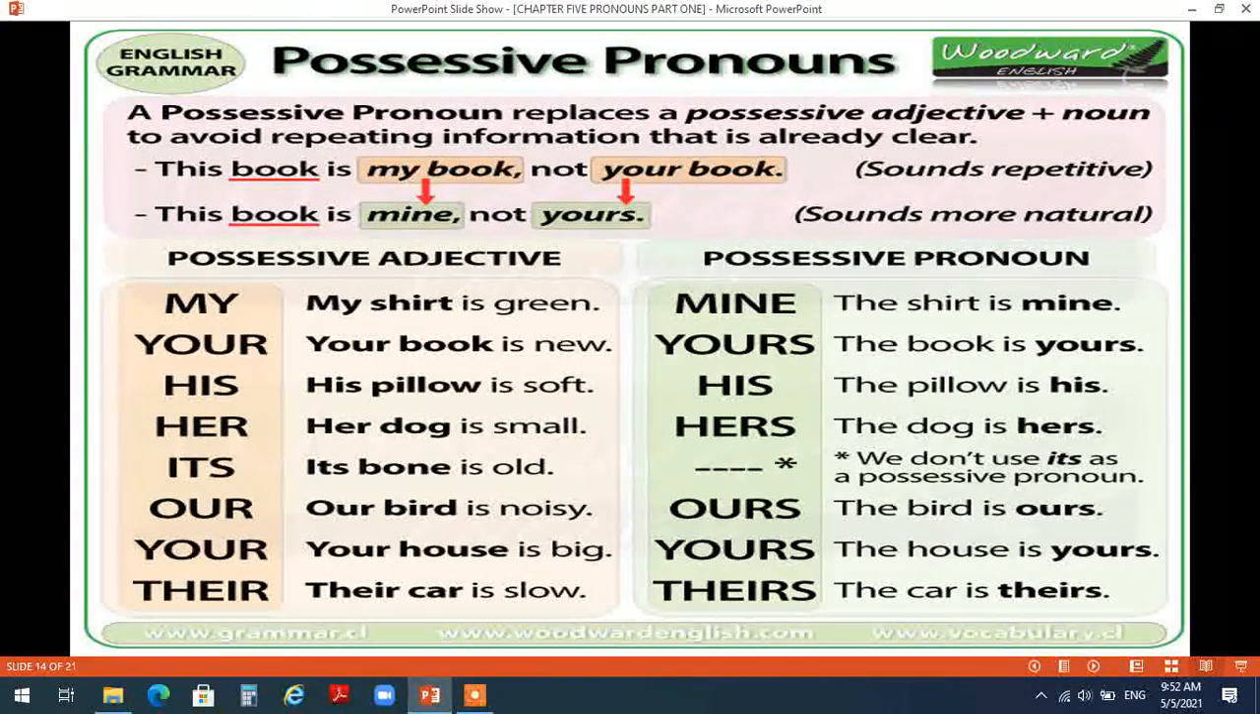As you can see here, some more elaboration on possessive pronouns. So it can be said that a possessive pronoun replaces a possessive adjective plus noun. Why are possessive pronouns used? To avoid repeating information that is already clear. يعني دائما نلجأ إلى استخدام ضمائر التملك من أجل أن نتجنب تكرار المعلومات اللي تكون أصلا هي واضحة أو موجودة مسبقا في الجملة. For example, if we say